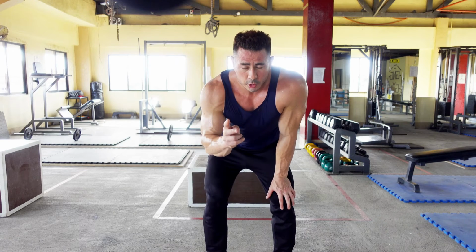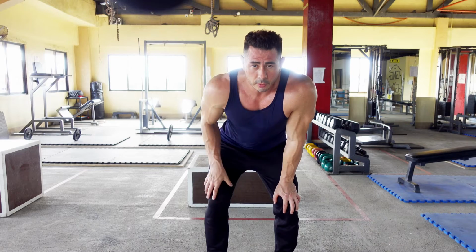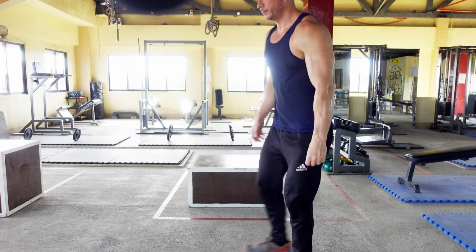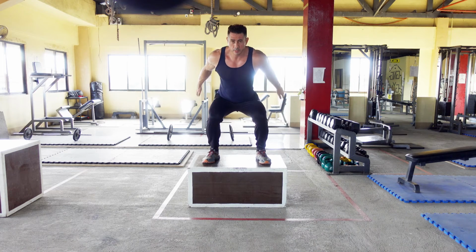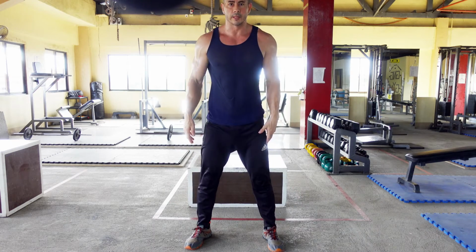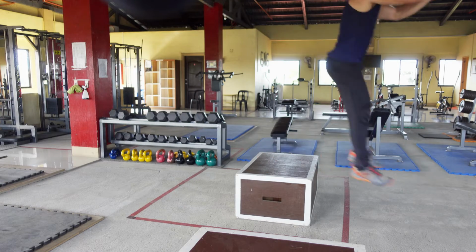Let's combine the two movements that we just learned. The forward jump onto the box, and then off of the box onto the ground. All right, so you jump up, get yourself ready for the second jump, and back down, just like that. Box jump up, and